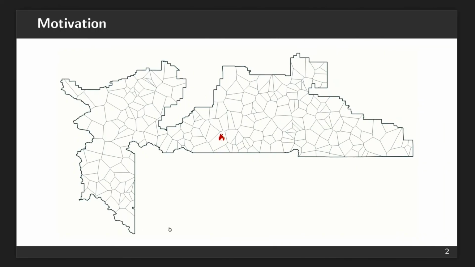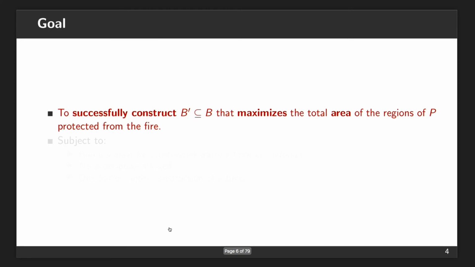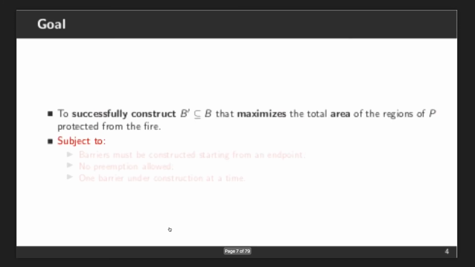And here the input is, of course, a polygon that corresponds to the forest, a set of barriers that you can construct, the location of the fire source, and also the speeds of the fire and of the barrier construction. So what is our goal? Our goal is to successfully construct a subset of the barriers so as to maximize the area of the region that is protected from the fire.